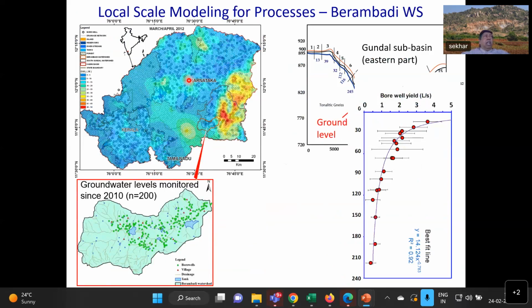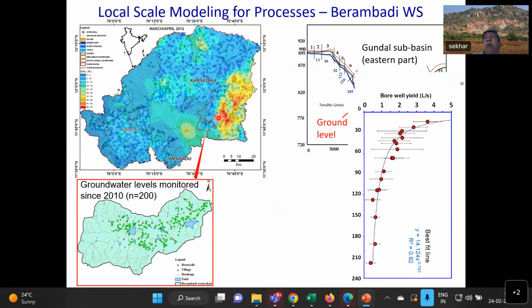It's a very pedestrian work of going around and making the map with every village to get documented evidence of how the groundwater level looks in the basin. Now, I want to again emphasize that the monitoring network, even though very good in the country, is not so good to make a good river basin map, because